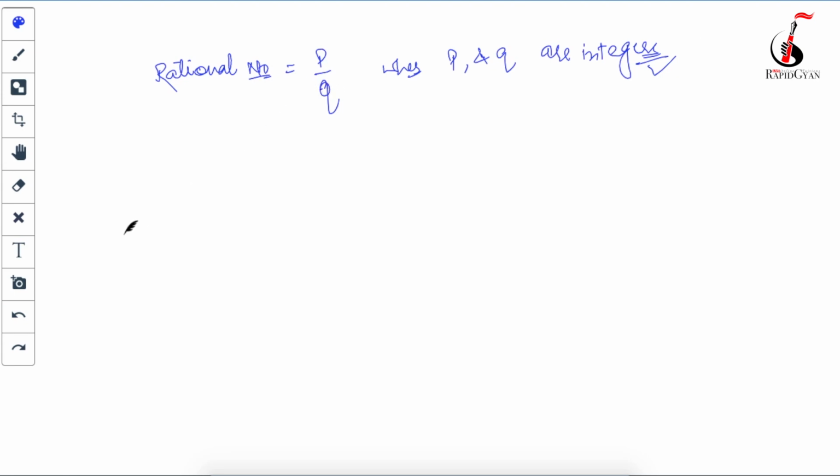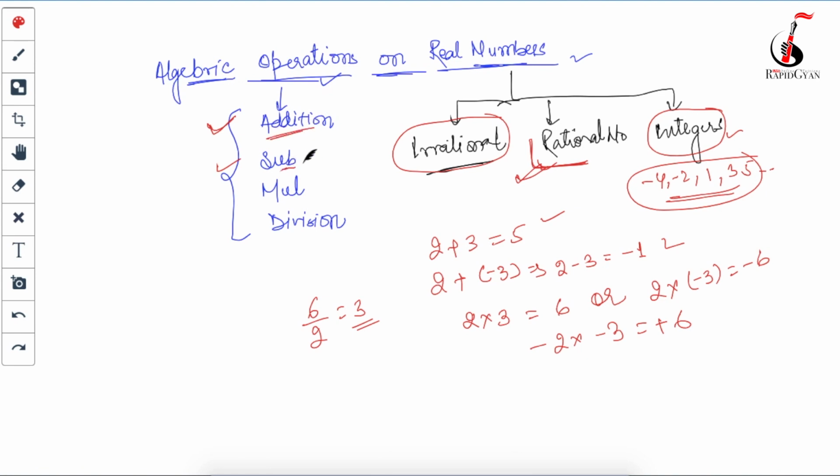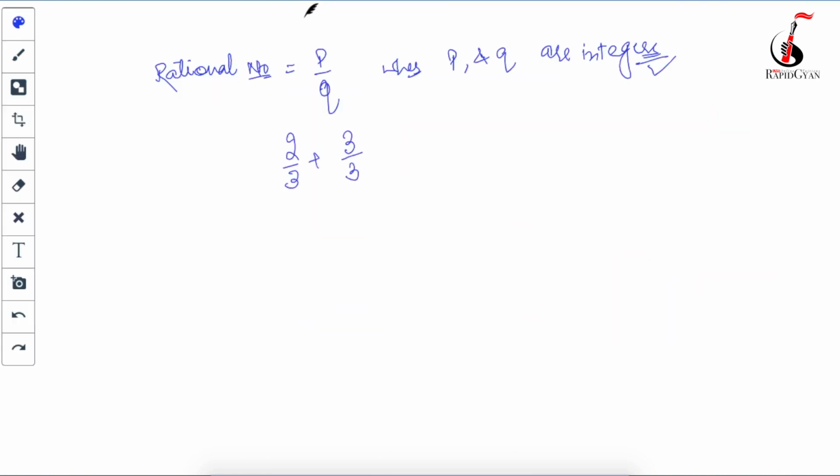So let's take two rational numbers. I am taking the example: one rational number is 2 by 3 and another is 3 by 2. These are the four operations which we perform: addition, subtraction, multiplication and division. If you have to add 2 by 3 plus 3 by 2, how will you do it? What do we do, beta? We take the LCM of the denominators, which will be 6. 6 divided by 3 is 2, then 2 multiplied by 2 gives 4. Similarly 3 times 3 is 9. You have already studied this in your previous classes.